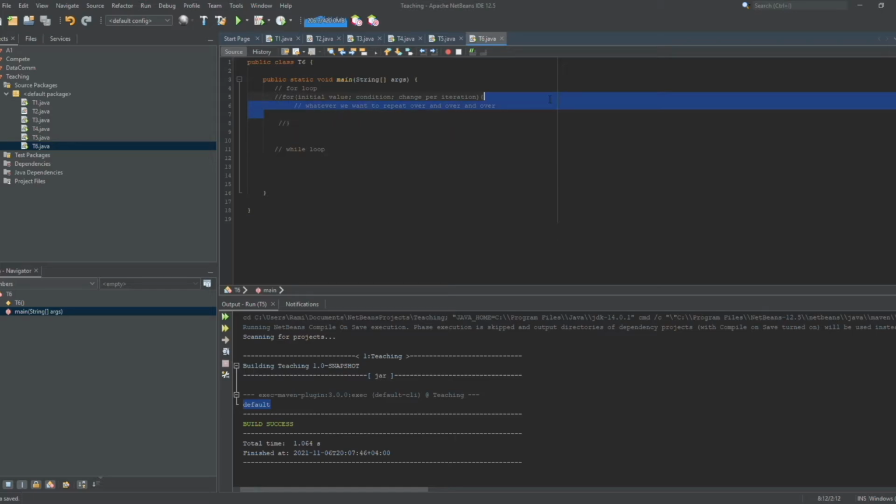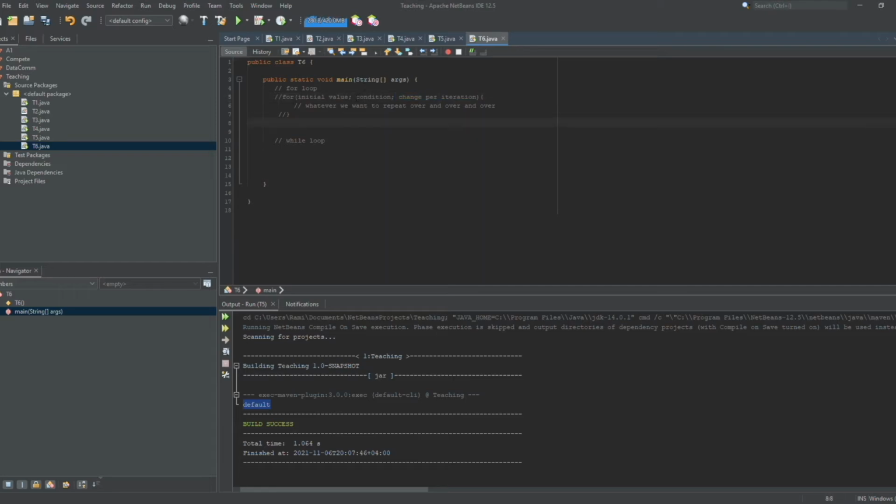So, to simplify the concept, we basically use the loops to repeat a certain task, using an initial value, a condition to check the value, then whenever we exit the loop, we change the value based on this section here, or this parameter here, and then